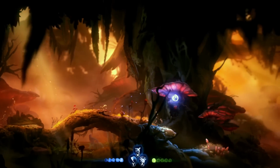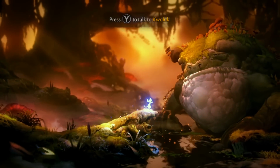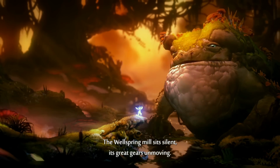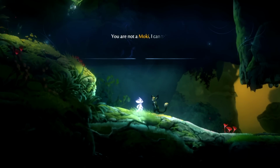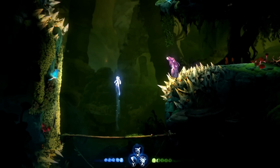There's a gorgeous mix of 2D and 3D and incredible lighting. Don't disregard its technical accomplishments just because it's 2D, because there's so much going on under the hood. This is one of the most beautiful games ever made. Both Blind Forest and Will of the Wisps are incredibly good games, but the art of Will of the Wisps